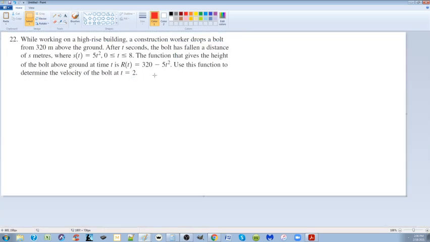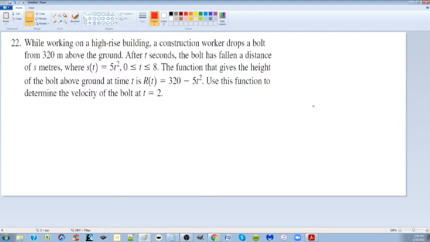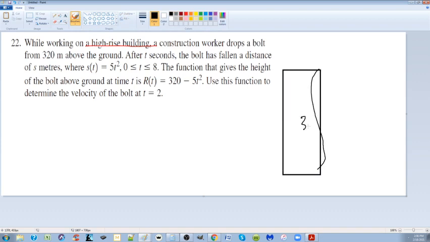So you're just going to have to accept that sometimes the solutions aren't evident. While working on a high-rise building, a construction worker drops a bolt 320 meters above the ground. So let's visualize that. Here's the guy, and he's way up here at the top of the building, 320 feet up. And he drops a bolt and has fallen a distance of s meters, where we're given a distance based on a square. So we're given a parabola,